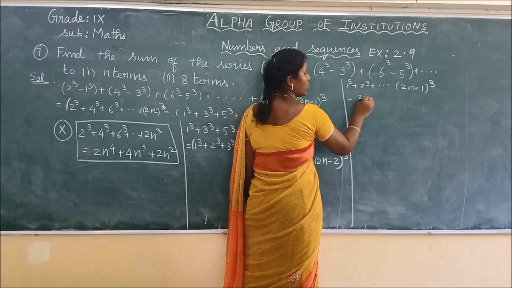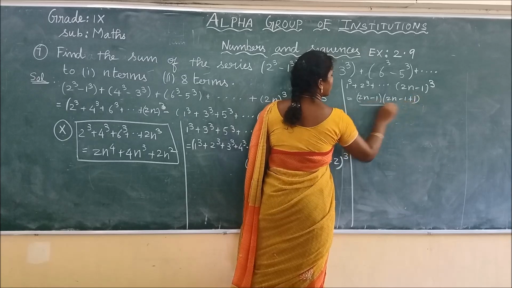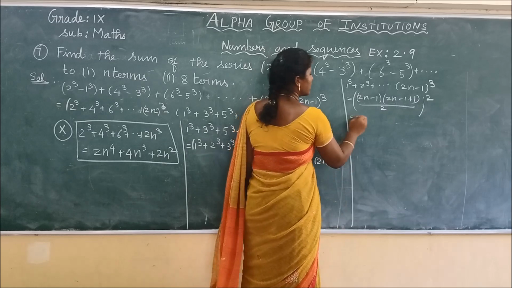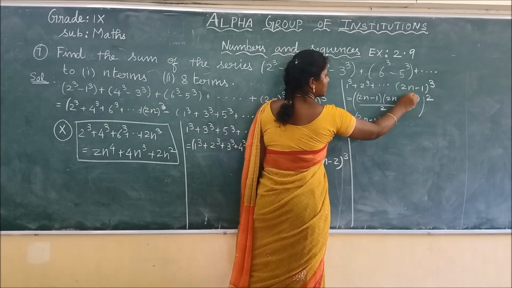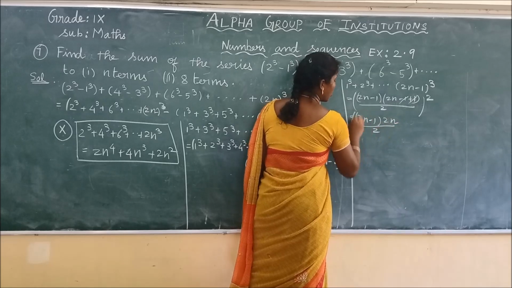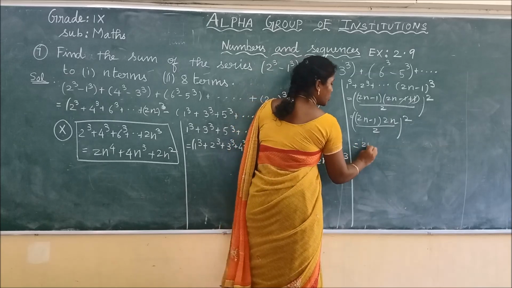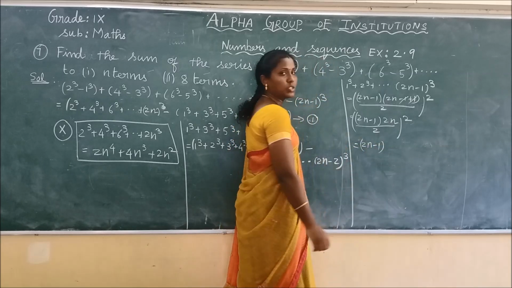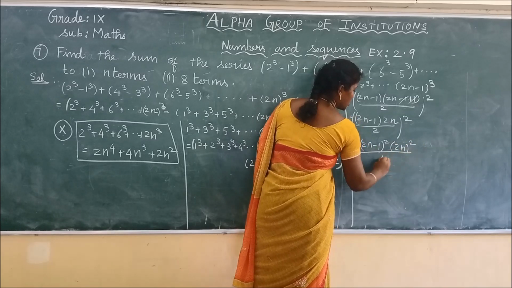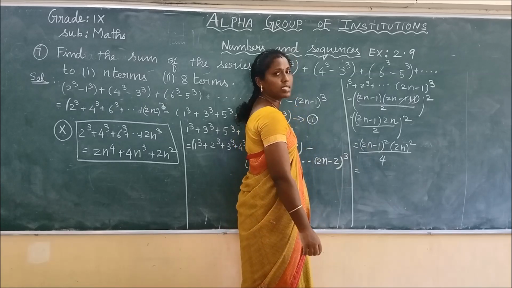2n minus 1. So n into n plus 1 by 2 the whole square. Okay, so that is 2n minus 1, plus 1 and minus 1 will get cancelled. The remainder is 2n by 2 the whole square. Already I see the square is common for all the terms. So 2n minus 1, if I take the square inside, 2n minus 1 the whole square, 2n square by 2 to the 4. If I expand this here, I have to use the identity because it is in a subtraction.